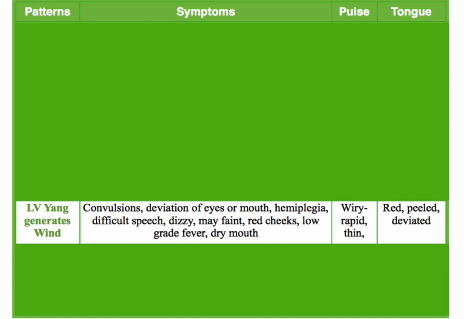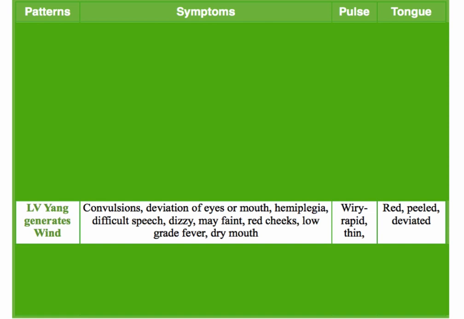So if someone has high blood pressure, which is liver yang rising, the blood pressure rises, kind of like a volcano, and it may lead to a stroke, right? So that would be liver yang generating wind. A stroke is definitely brought on by what's called internal wind. Of course there's difficulty in speaking because the person's mouth is deviated, they've maybe had a stroke, but Bell's palsy can also be that, depending on the symptoms.